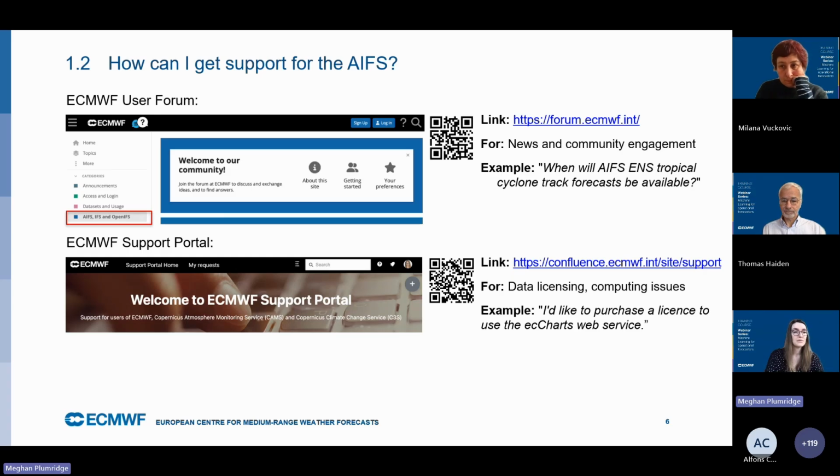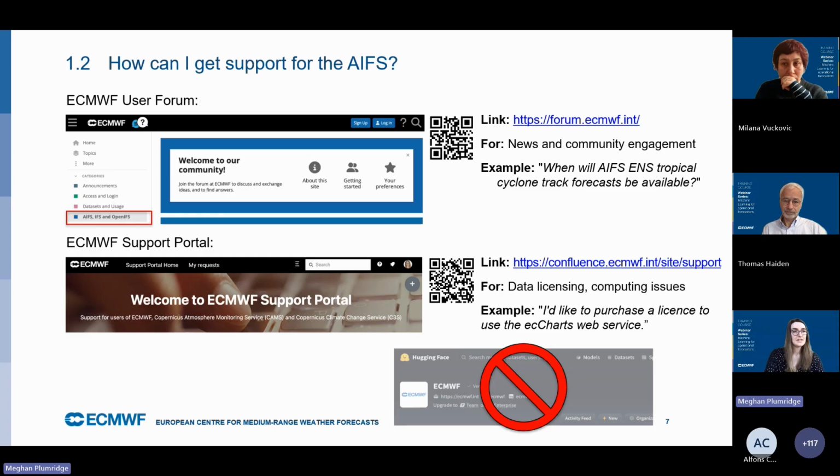And you can find all of the AIFS content by selecting the AIFS, IFS and Open IFS category, which is a bit of a mouthful. Alternatively, if your inquiry is for a more specific matter, for example, you would like a contract to access data or you're having some issues with our software, then you can reach out to us via our support portal for one-to-one support by ECMWF staff.